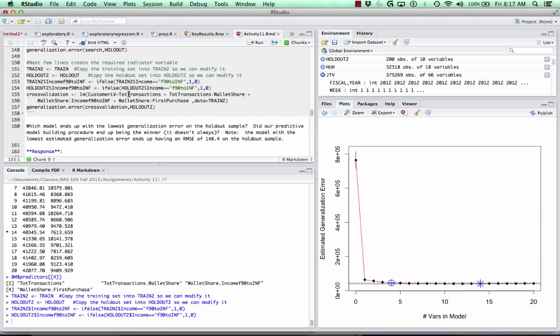So here's the formula: total transactions, and the interaction between that and wallet share, separated by a colon, not the multiplication sign, because we don't need wallet share by itself. Then the interaction between wallet share and income F90 to infinity, and then the interaction between wallet share and first purchase. So let's fit that on the training set